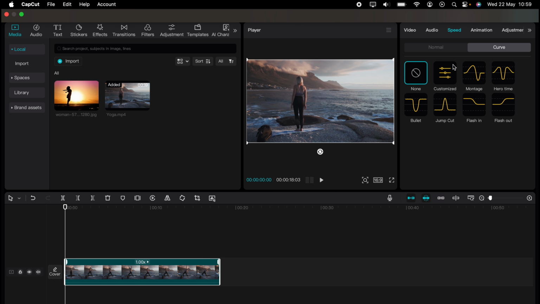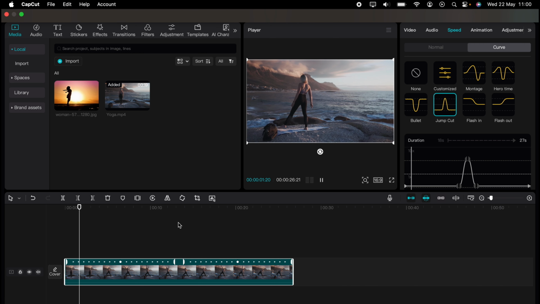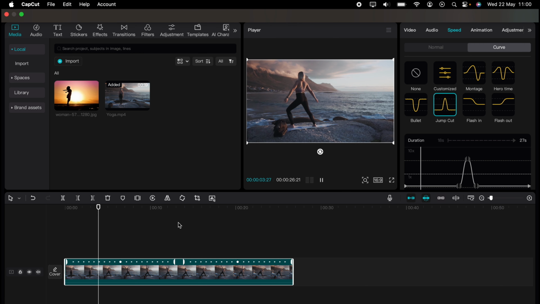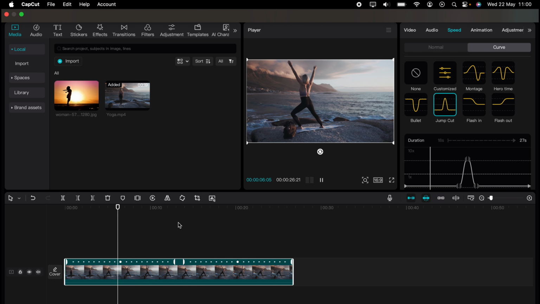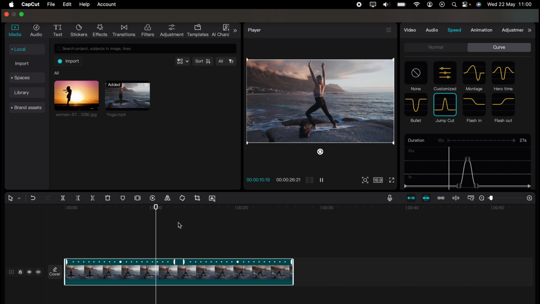Now you have some preset speed ramps here. I like this bullet or the jump cut, and pressing any of these will automatically put the jump cut, for instance, onto your video. So let's press the jump cut, and as you can see here across the top, this is the jump cut automatically added. So let's play the clip. You see it's ordinary speed here, actually a little bit slower, and it'll jump cut as it gets to this bump in a moment,